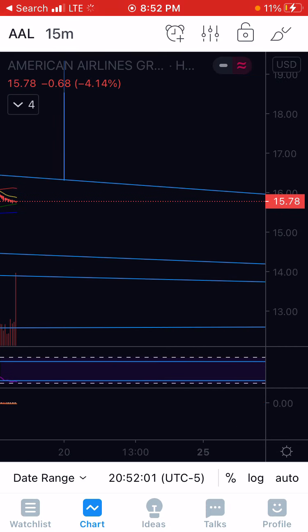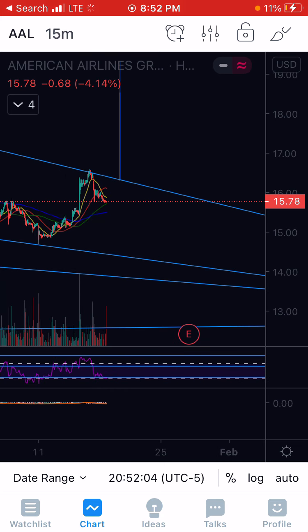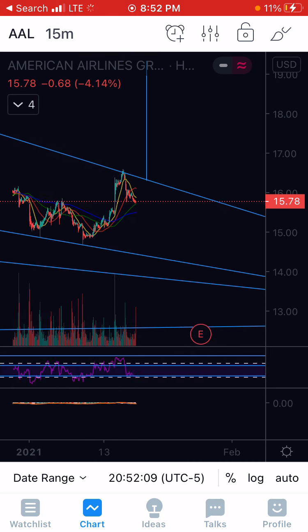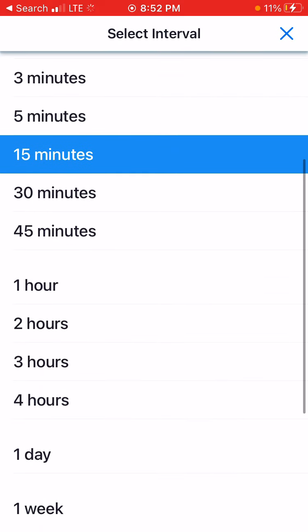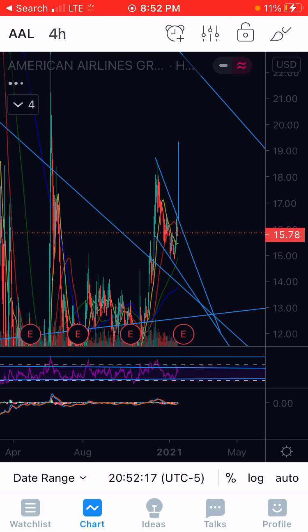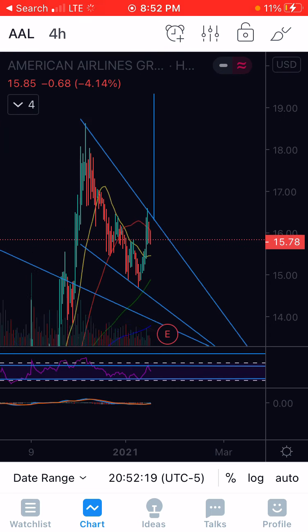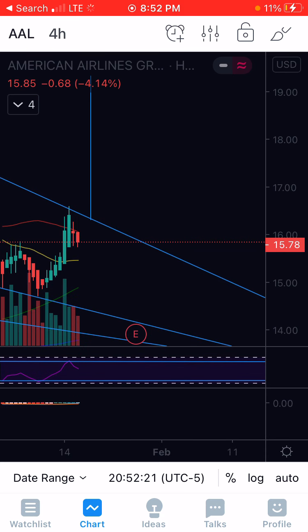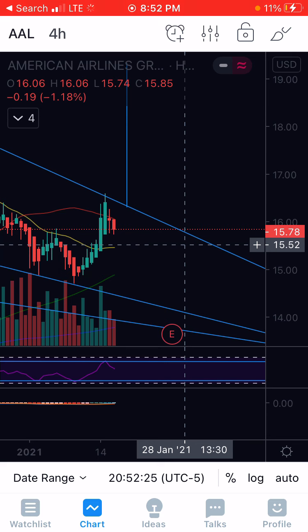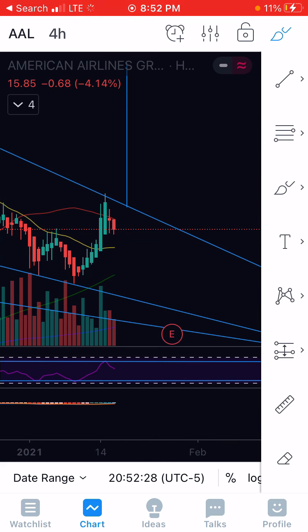So, I mean, for now, you're seeing a little bit of downside here, but it looks like it got rejected at that pattern. So you would look for your support and then see if it can bounce there. And if it can't, then most likely you would expect it to come back down and test the bottom support again. But I'm feeling like you're probably going to maintain this support here as low as 15.52,